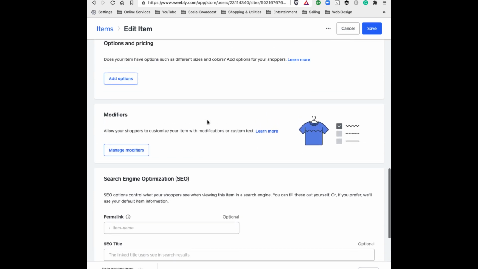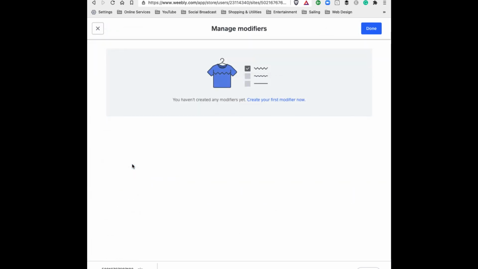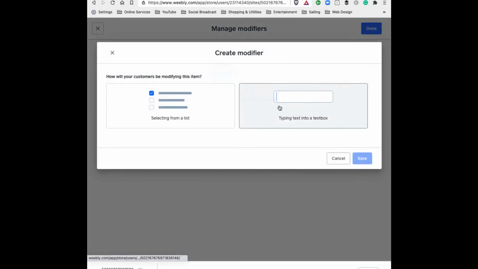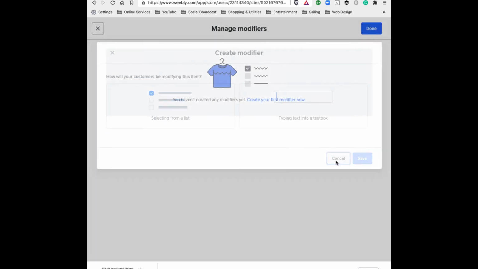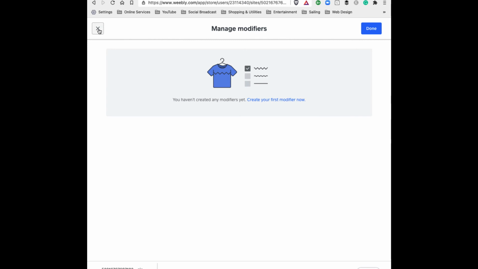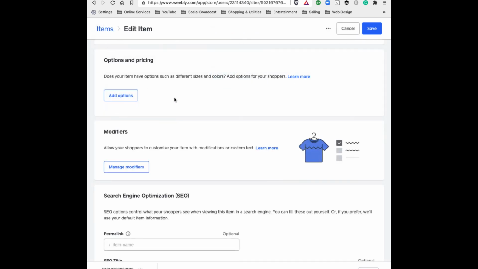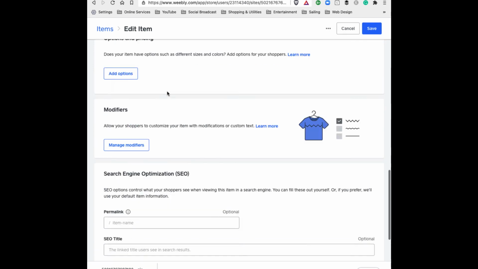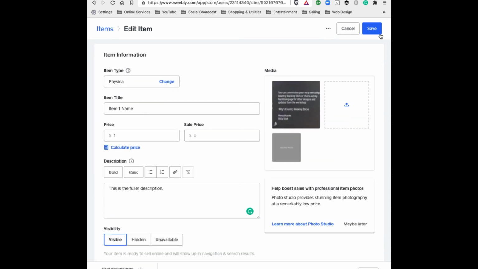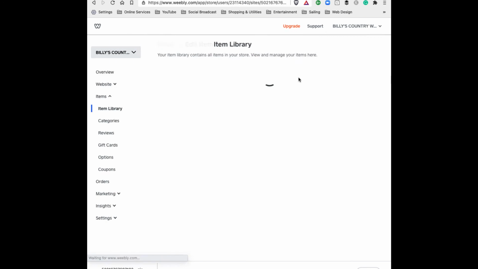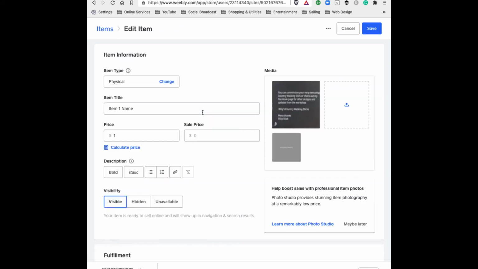Okay, so that was options. Then manage modifiers. So modifiers, this can be things like if you had text, or if you add an extra thing to the item, like a brass ring or something like that. Okay, and you can add those in with a price difference. So if you've got a price differential for extras, you can put that in there, and then that will all come up when we save it,